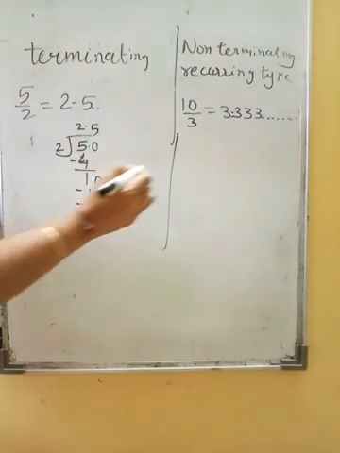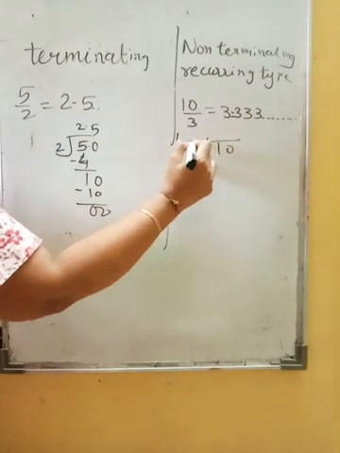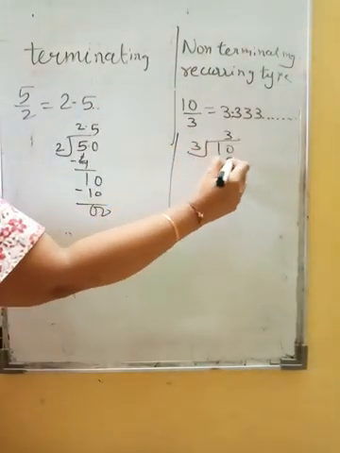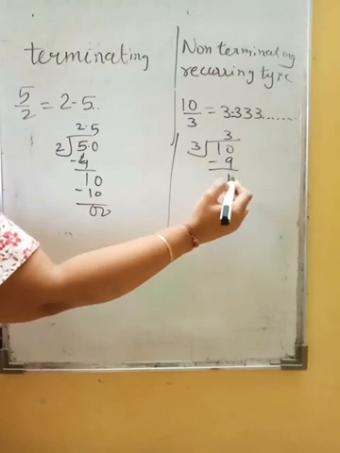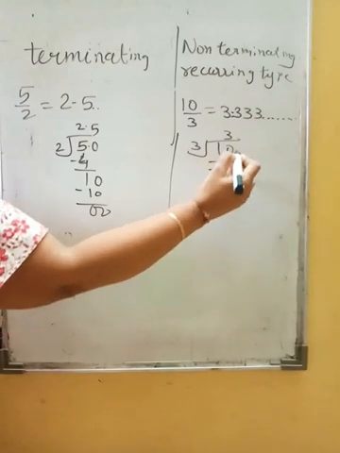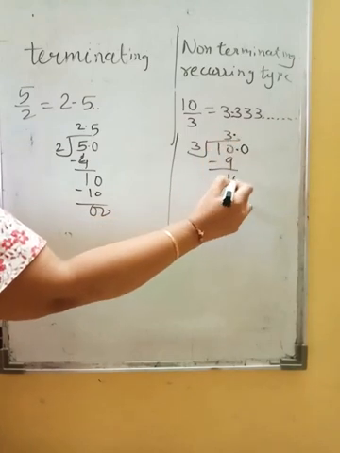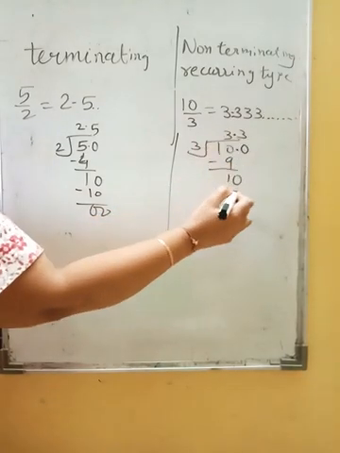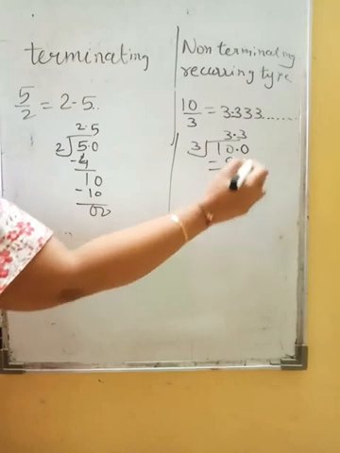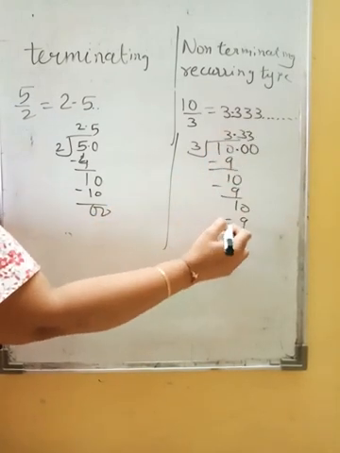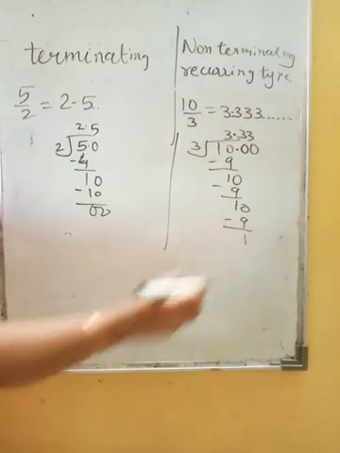But if it is 10 divided by 3, so 3 3s are 9. You are left with 1. Now if you want to continue that, then you have to put a decimal here, and then go on putting zeros. Again 3 3s are 9, 1 remains, again one more 0. 3 3s are 9. So what will happen when it will come to an end?